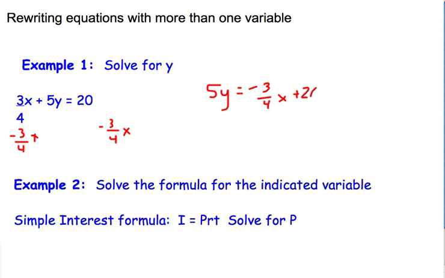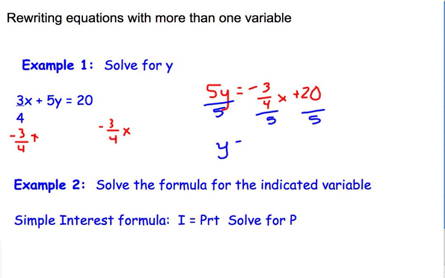Now you notice that y is not completely by itself, it has this 5. So what's the opposite of multiplying, because that's what's happening here, multiplying by 5? Dividing by 5. Now here's the concept, I'm dividing each component on this side by 5. I can divide everything by 5 or break it apart, and I'm going to choose to break it apart. So now I'm left with y